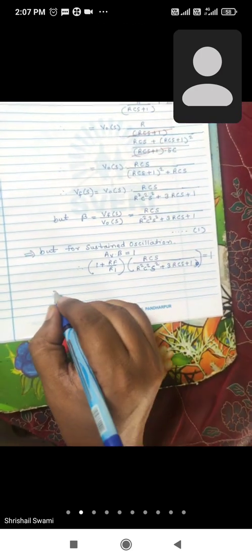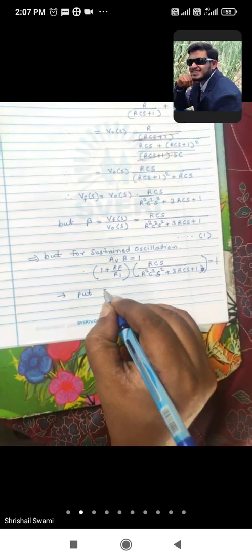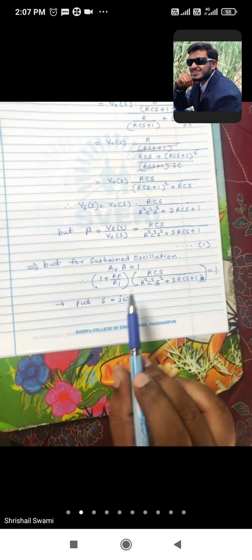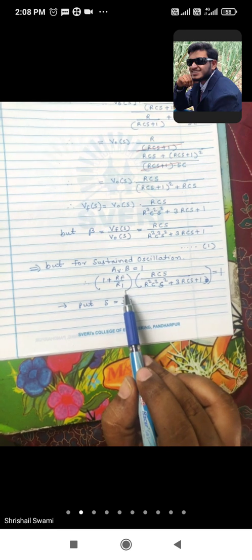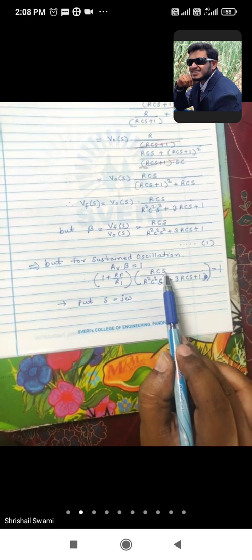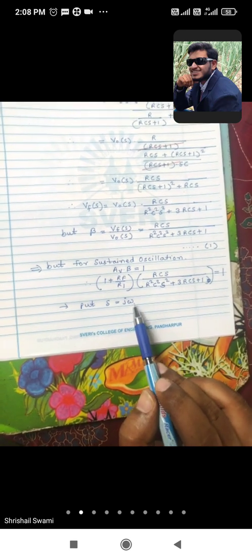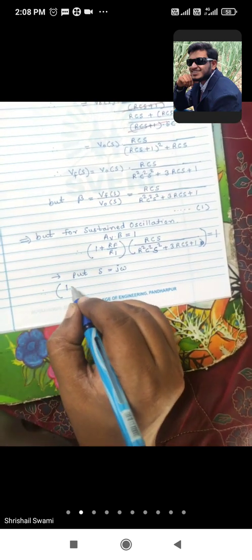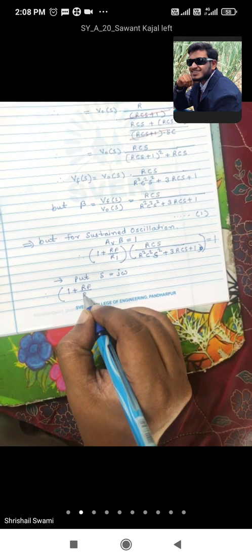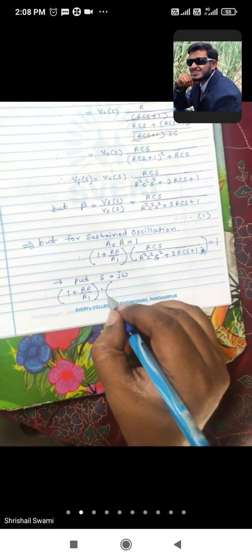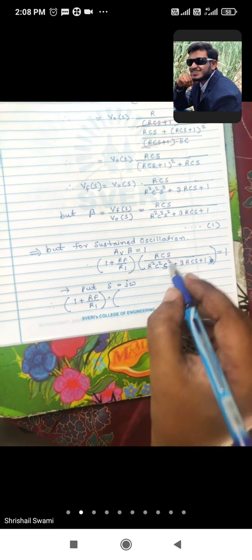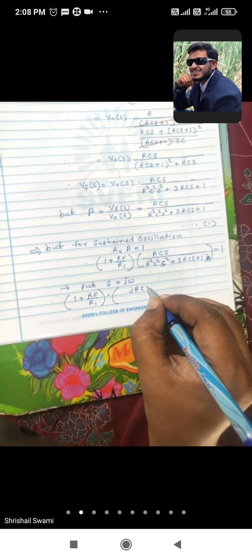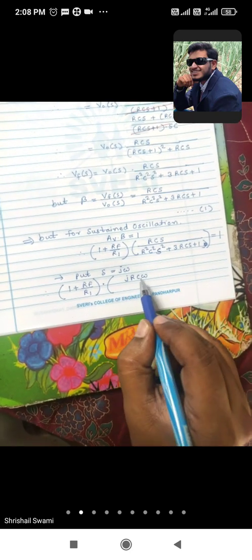Now put S is equal to J omega. So here there is no need to put anything. So wherever the S is there, Laplace domain is there, you can replace it by J omega. So put here everywhere the J omega. What you are getting? This 1 plus RF by R1 as it is. So here what will happen, S is replaced by j omega means j r c omega,